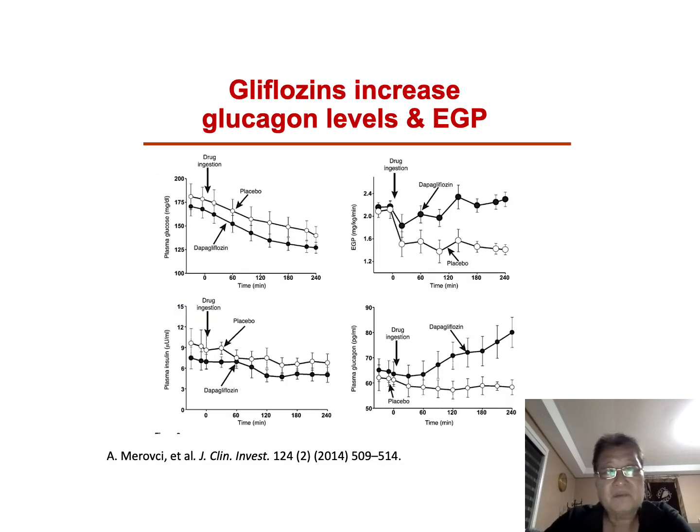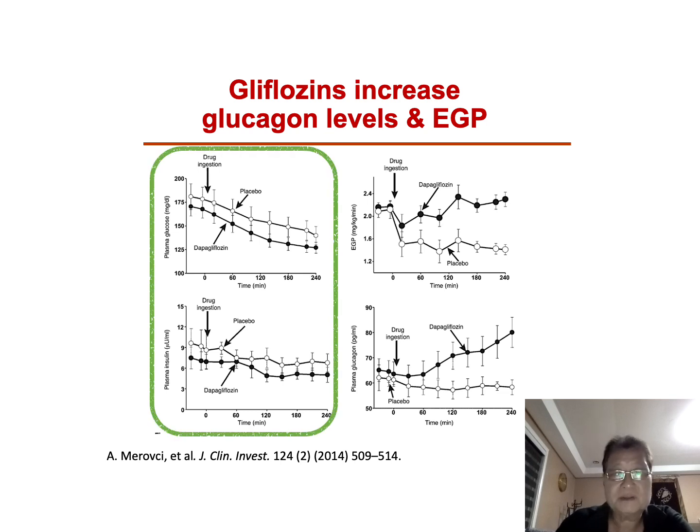Now we go to the gliflozins. Now, this is in contrast. SGLT2 inhibitors, sometimes called gliflozins, increase glucagon level and thereby increase endogenous glucose production. In these slides, inhibition of SGLT2 causes decreased reabsorption of glucose in the renal tubules. Thus, you can see glucose is excreted in the urine with a lower blood glucose level. As a net result, here using dapagliflozin versus placebo,